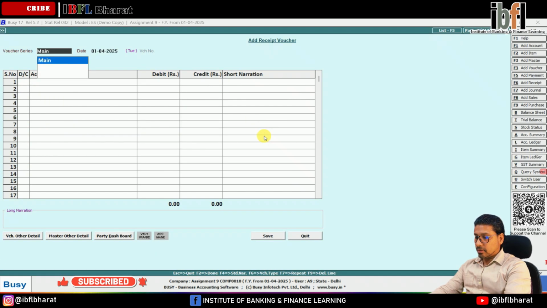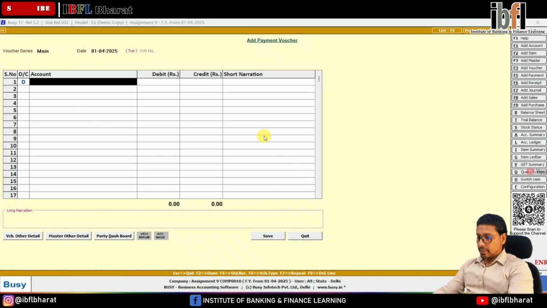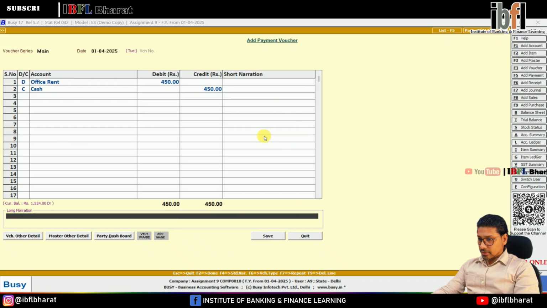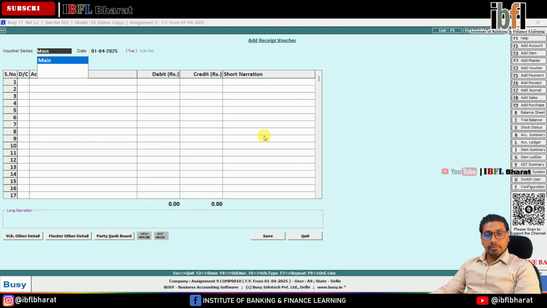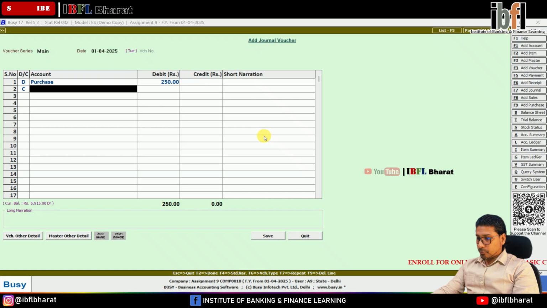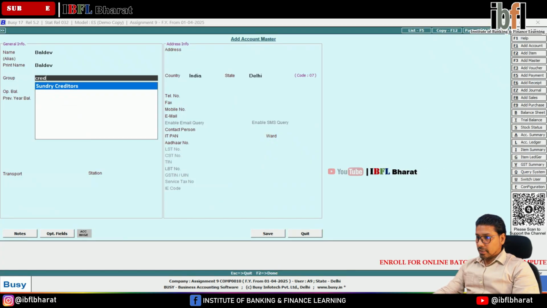So we will open Alt F5. Rent is office rent. Amount of rent is 450 and amount paid through cash. Next, we are making purchases from Baldev. So open F7, journal voucher, purchasing made from Baldev. So create a ledger of Baldev, creditors,